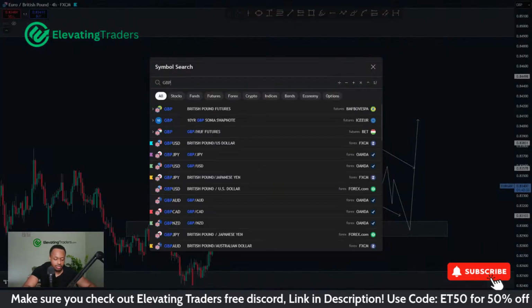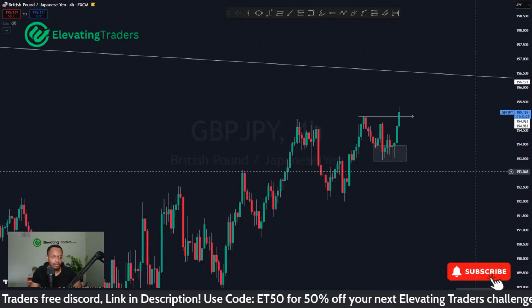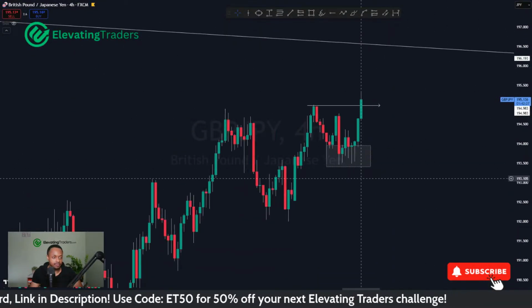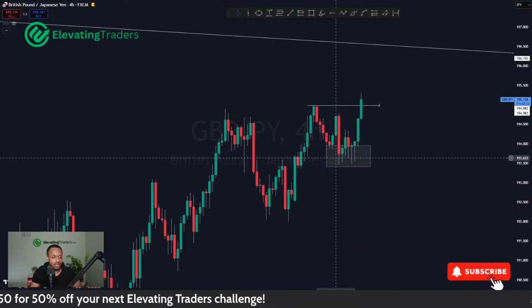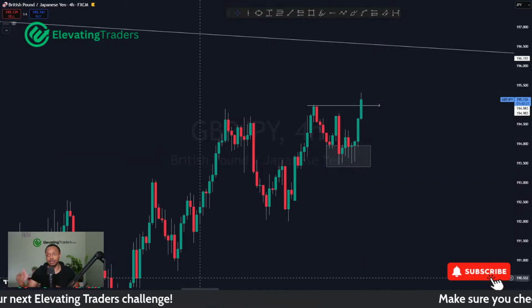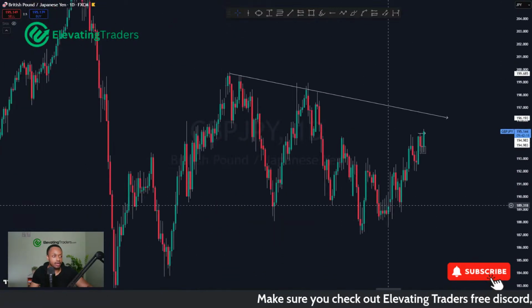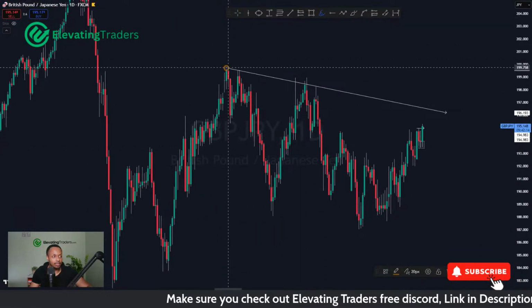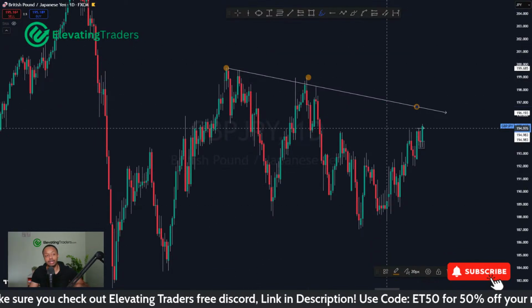And in terms of pound yen, things are looking pretty bullish for pound yen here, breaking to the upside. We formed a lot of support there in the past 24 hours, and it looks like price is now seeing a continuation from that. I'm still pretty bearish on pound yen, however. I'm still looking to take price down. We've got one major high, a second one, kind of looking at a third one in this area.